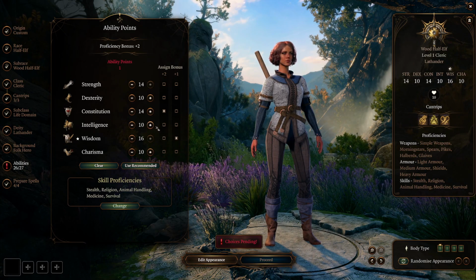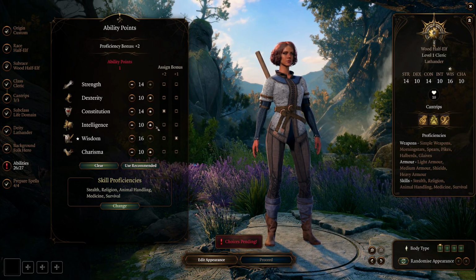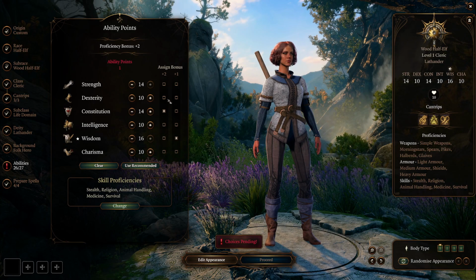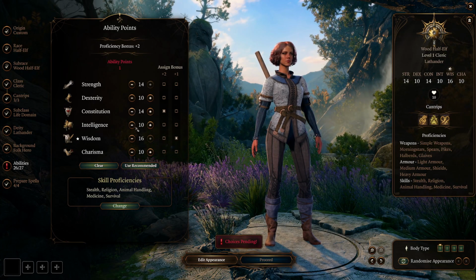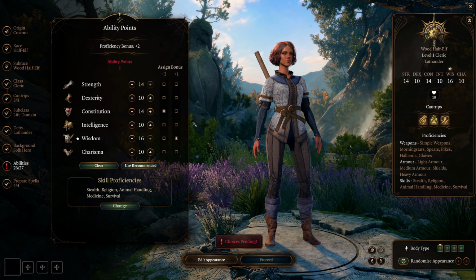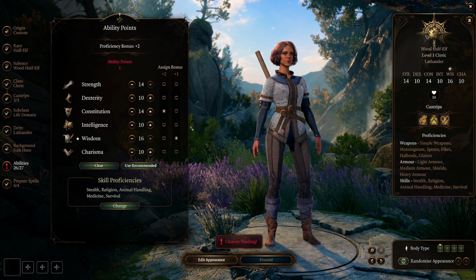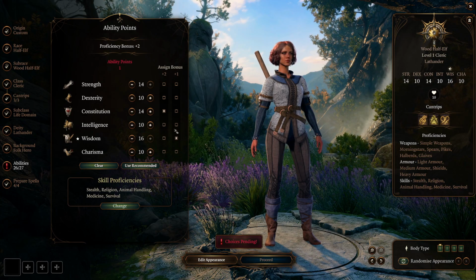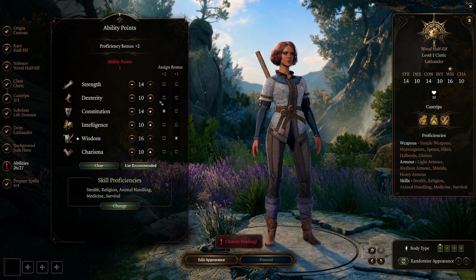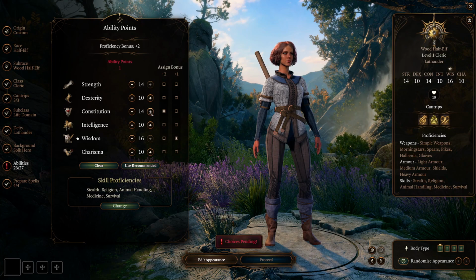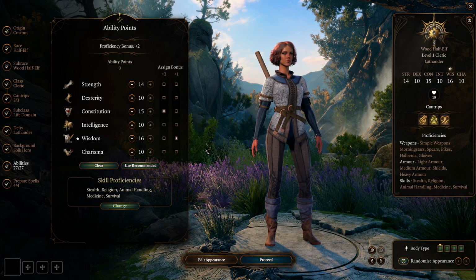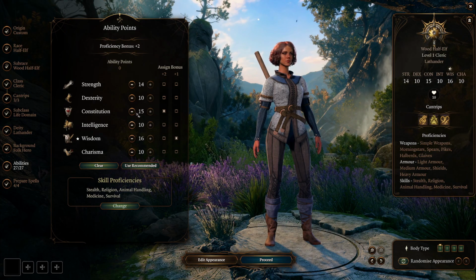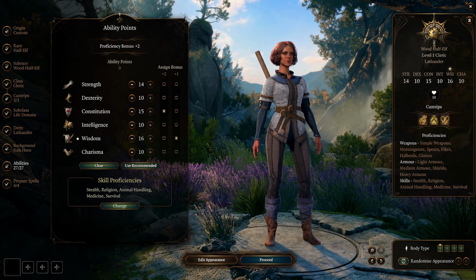Because I would like the strength, because if we do get in melee range, I would like to have 14 there. But where would I spend this 1 point? I don't know where to spend this 1 point. I guess we could go ahead and just put 15 here. It's not going to increase anything, but we could get a point of constitution.